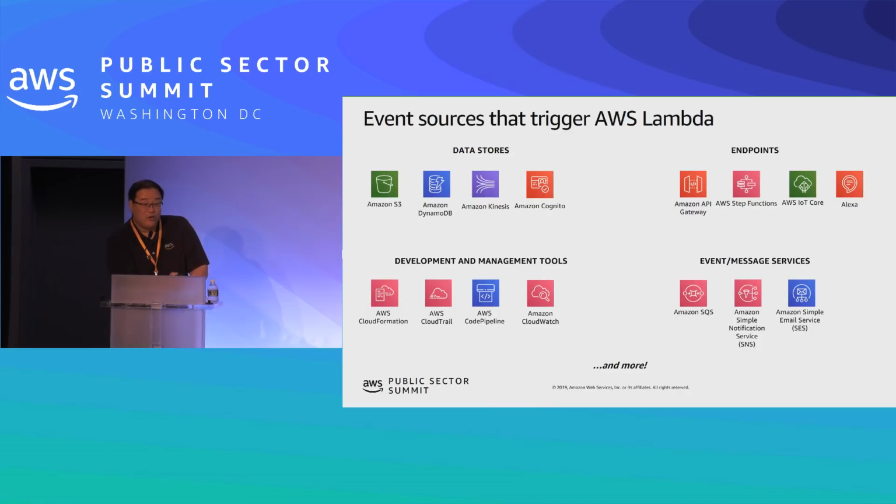You've got a code repository persisted up in our AWS CodeCommit service, for example, and we can use that to drive an AWS Lambda execution. So just about almost every use case you can think of, there's a way to use Lambda to run your own custom logic based on that event.